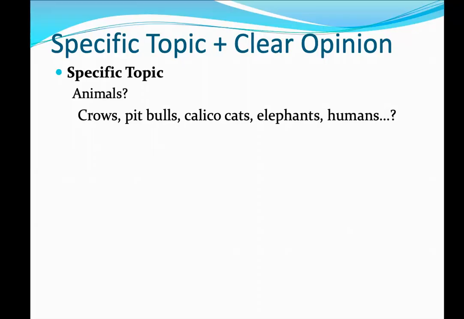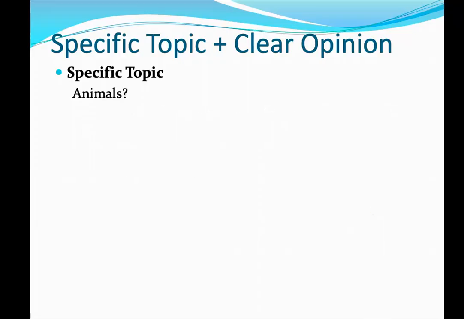So my brain would start thinking, okay, what kind of animals do I like? I like crows, pit bulls, calico cats, elephants, humans. So basically, I would go through a bunch of different options in my head, but that's really showing me how big the topic is. And so from there, I would just get rid of that. And I would then think about pigs, right? Pigs, I think that's specific because that's one specific animal, but there are an awful lot of pigs out there, even just domestic pigs. There are dozens and dozens. I don't even know how many there are.